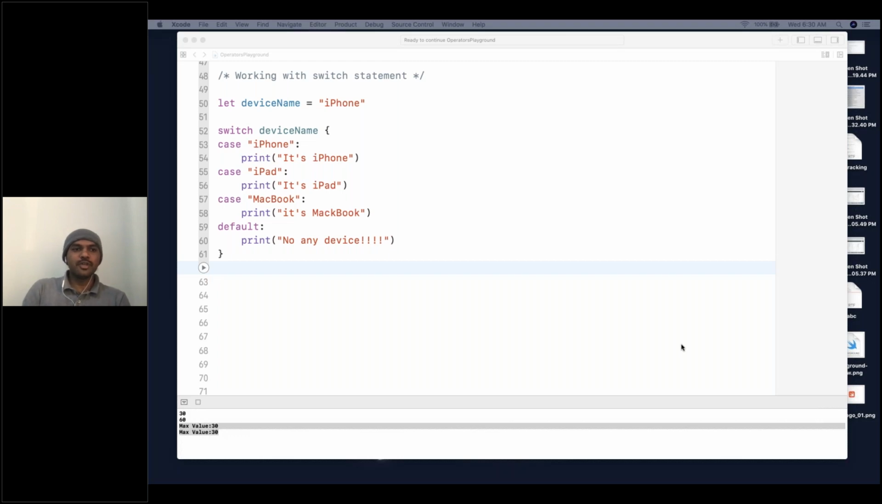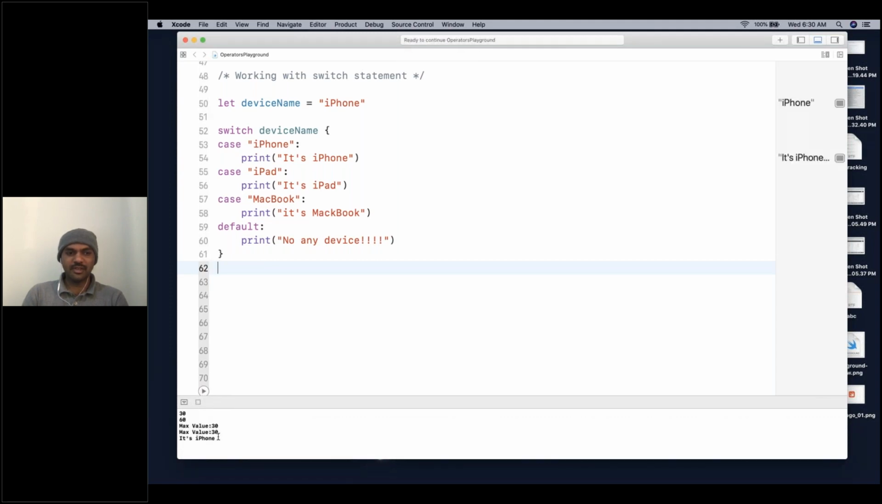Done. So if you execute the program, what will be the output for this one? It's iPhone, right? So what are the things we have to understand here? First thing, some key points I will tell you here. First point,